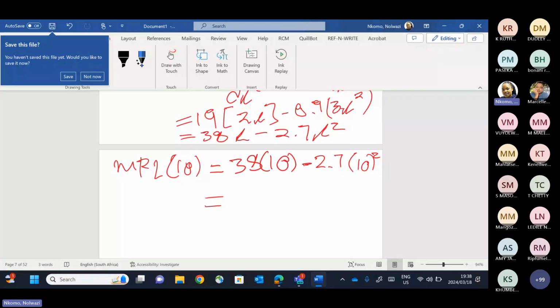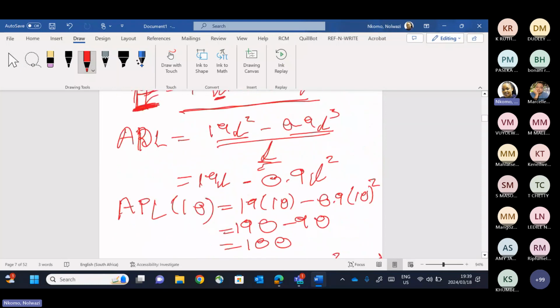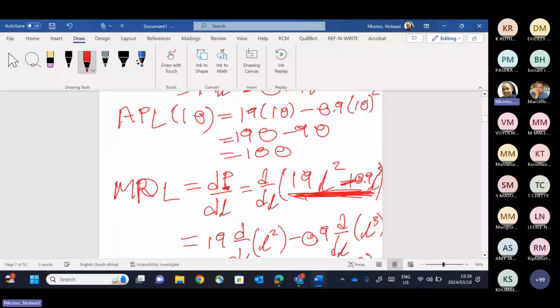You can have P equals that function, but just make sure that the inputs, the number of workers, is given as L. That is the standard variable that we'll be using. That's what they're using even in the book. But since I started with P, that means I have P here. So if I start with Q, I will have,